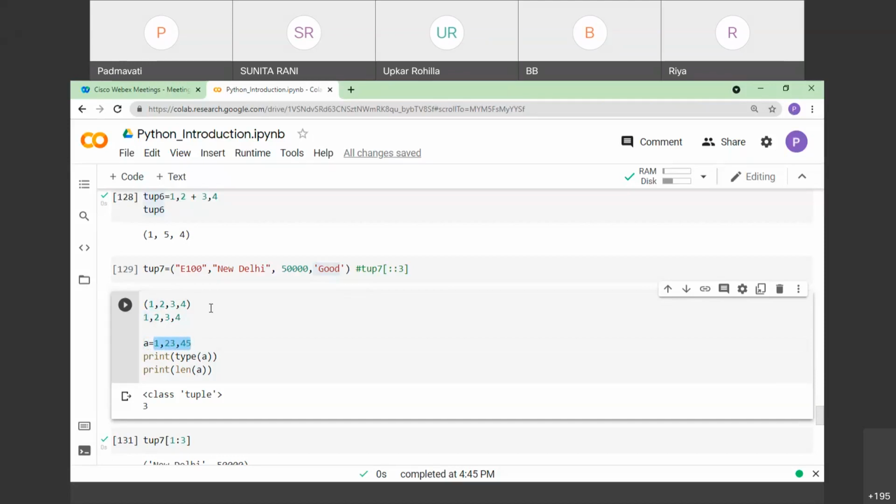As I have created a tuple here with four different elements, here it will treat it as a tuple with three different elements, 1, 23 and 45. Whenever you check the type of it, it prints tuple. And the length of this particular tuple is 3.